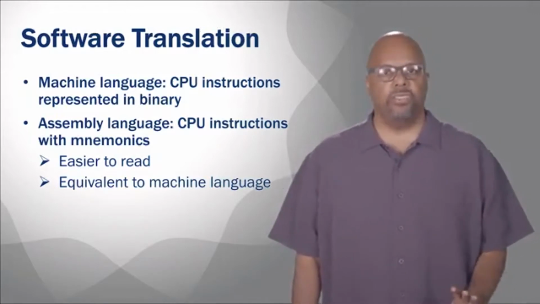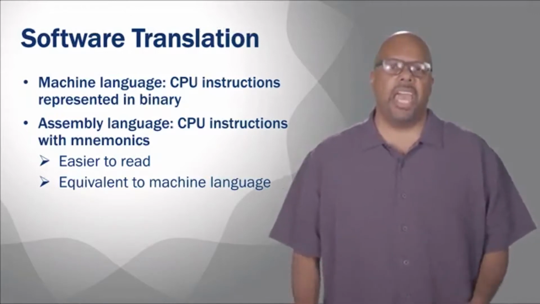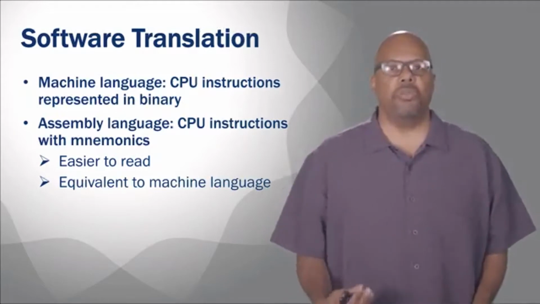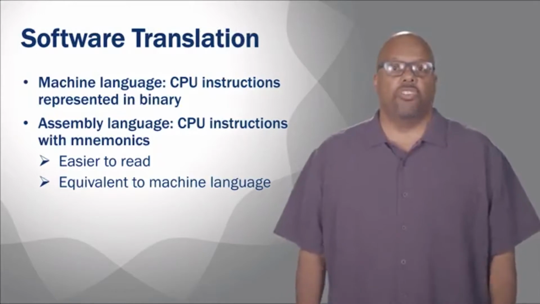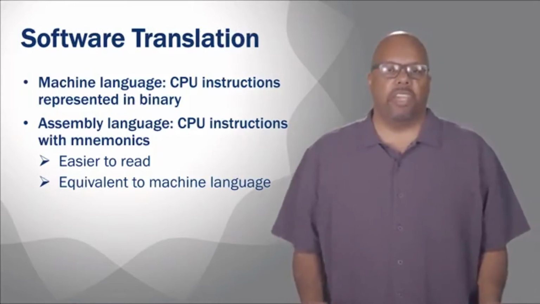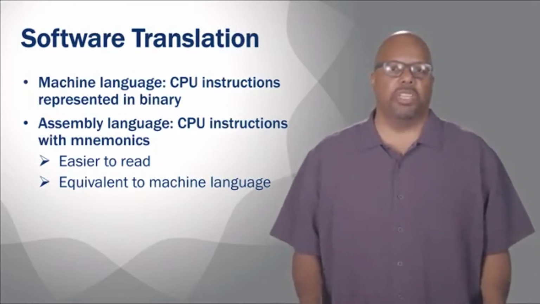That is not something we're going to really cover in this class, but sometimes you do write directly in assembly language. So there's machine language and assembly language, and assembly language is basically a one-to-one mapping to machine language. Not completely, but very close. So fundamentally, they're the same complexity. They're the same language, but assembly language is easier to read.